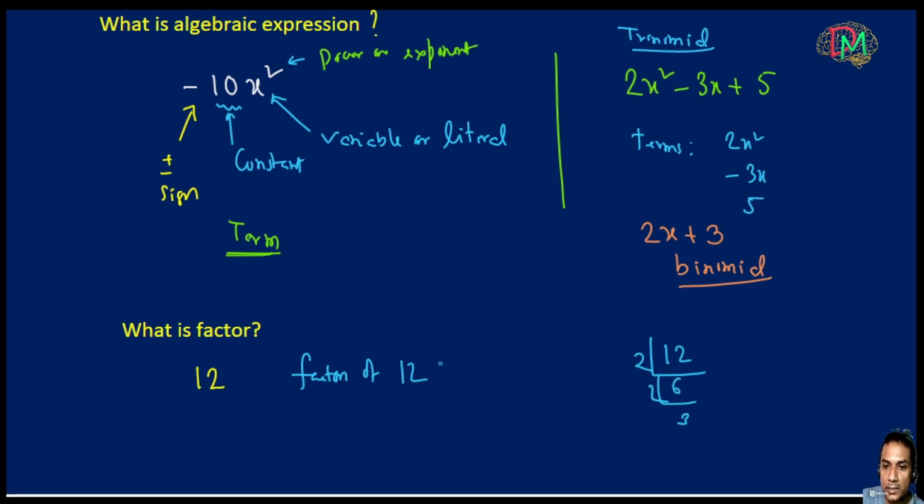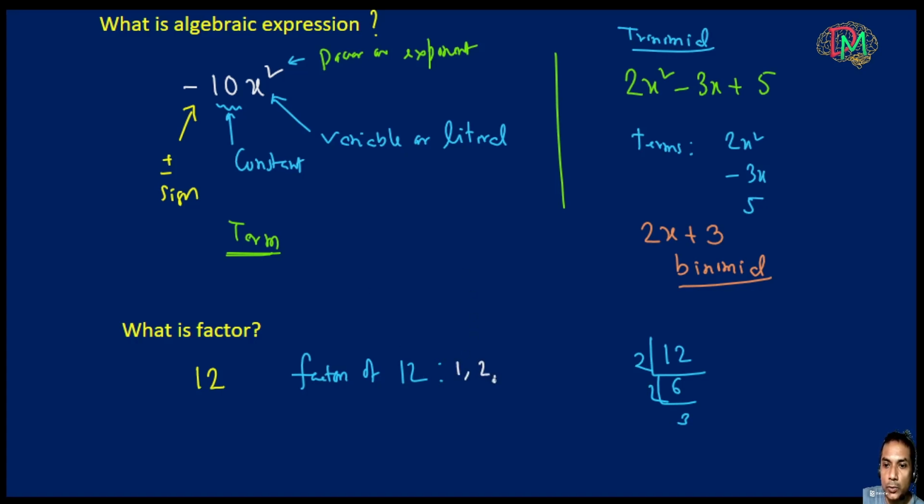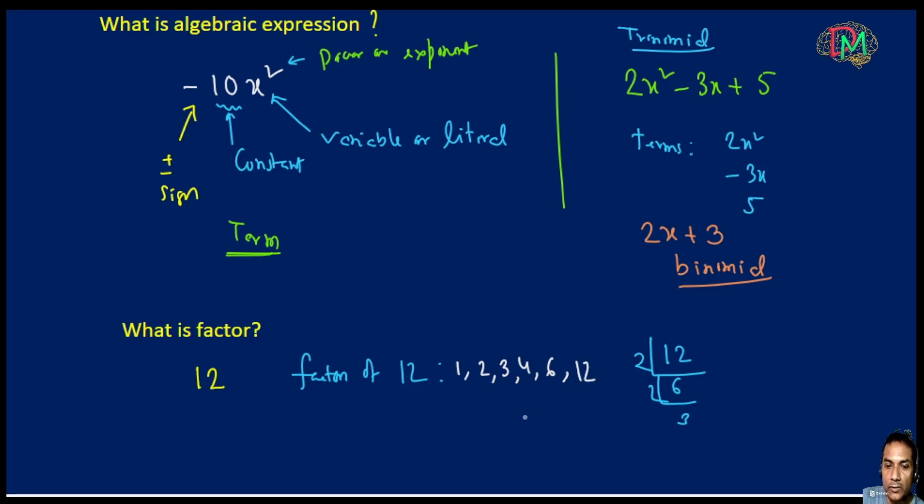so factors of 12 are 1, 2, different combinations of the multiples, clear? So next is 3, then 4, then 6, then 12. So these are the factors of 12. Similarly,